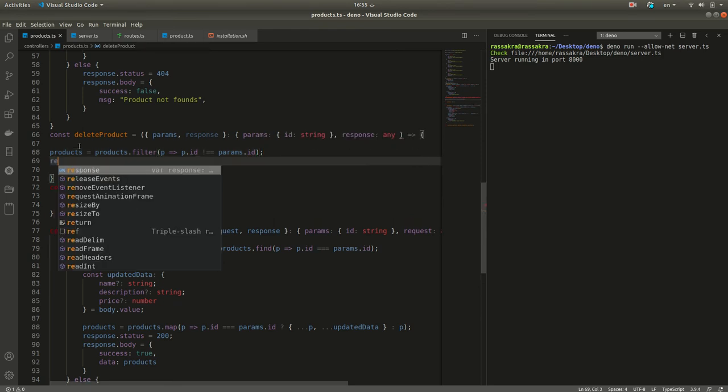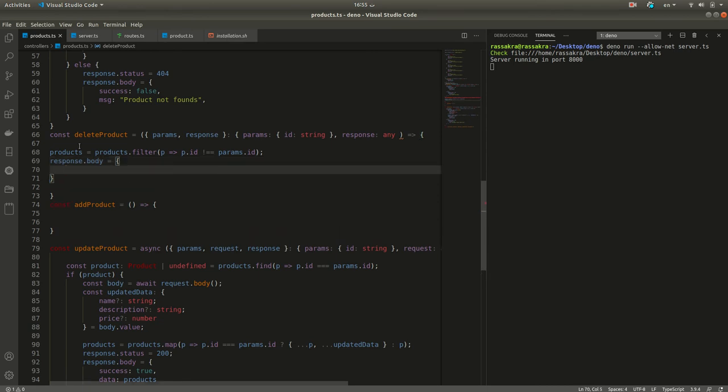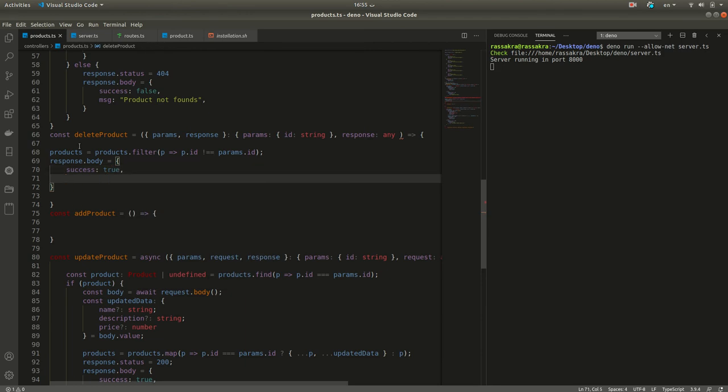So response will take two parameters, body will take an object, success equal to true, and message is equal to product deleted,